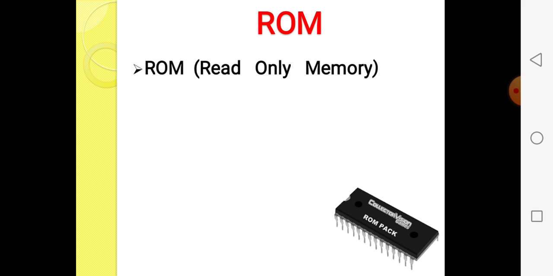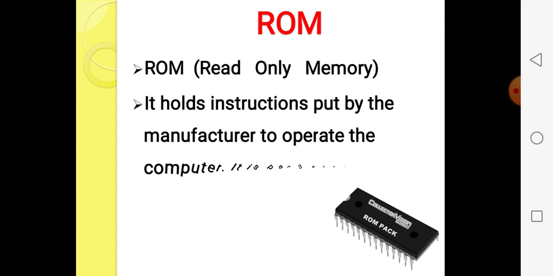Difference: ROM means read-only memory, and it holds the instructions put in by the manufacturer to operate the computer, in a permanent memory. The RAM is a temporary memory and ROM is a permanent memory. Okay. Now the next one is